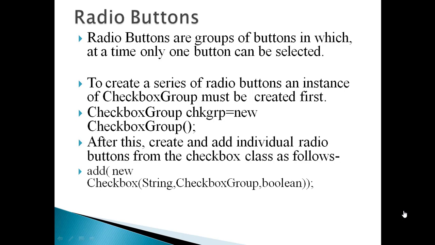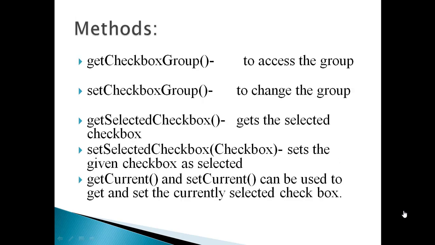After this we need to create and add individual radio buttons from the Checkbox class as follows. Add method directly: add(new Checkbox(String, CheckboxGroup object, boolean)); This adds a new checkbox which has the string as its title label, and this is added to that group. add(new Checkbox(String, CheckboxGroup, boolean));